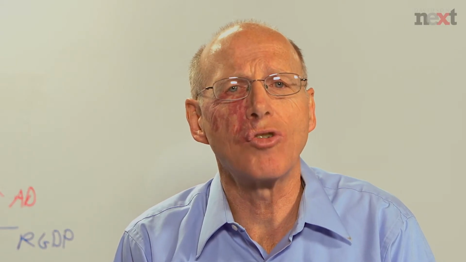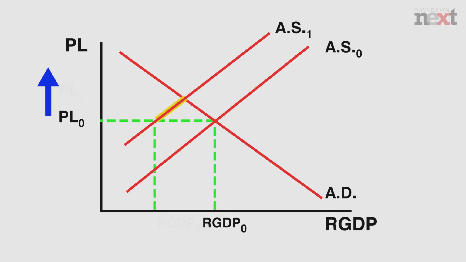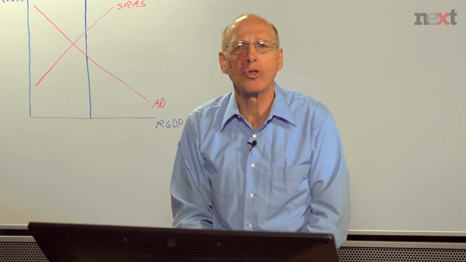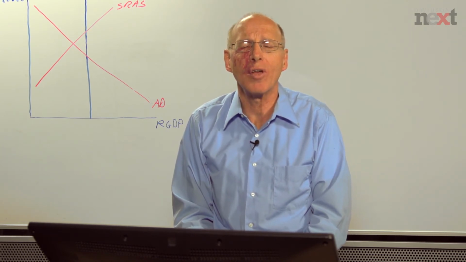At the same time, that higher price level, though, is decreasing the purchasing power of household wealth. So real wealth, the purchasing power of those assets for the households, is decreasing. And that decreased purchasing power leads to lower levels of consumption for the households. And so we move up and to the left along our aggregate demand curve. And the economy is automatically adjusting to its new equilibrium, to the new point where the aggregate supply curve intersects